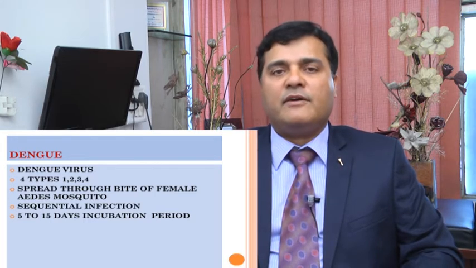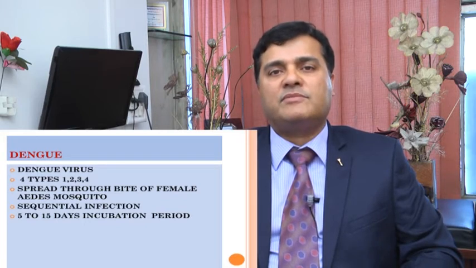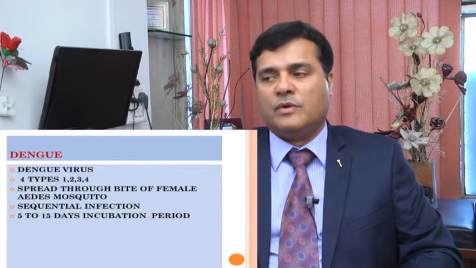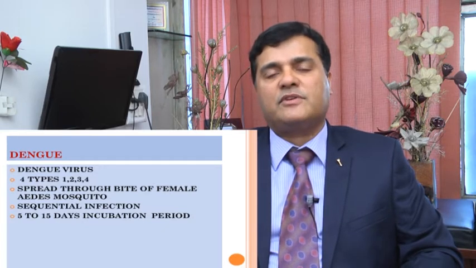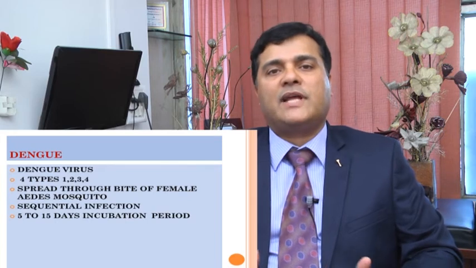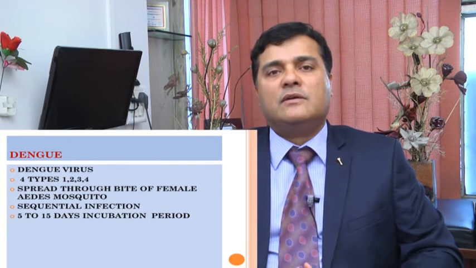Dengue is caused by a virus, and this virus is of 4 types, described as type 1, 2, 3 and 4. And there are many more subtypes of each of these types. At a time, one mosquito may inject one virus or sometimes even multiple viruses. And in dengue, what happens is sequential infection. That is, one mosquito might inject type 2 inside you. The second time, another mosquito might bite and inject type 1 or type 3 or type 4 inside you. And a sequential infection is what causes dengue.